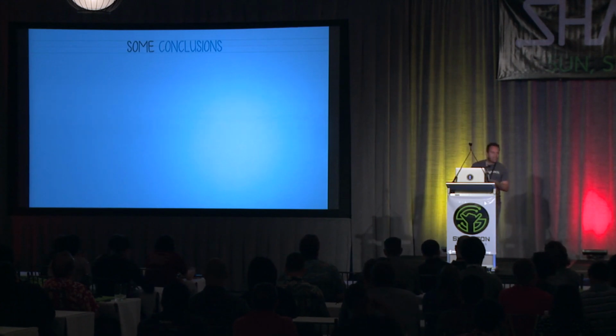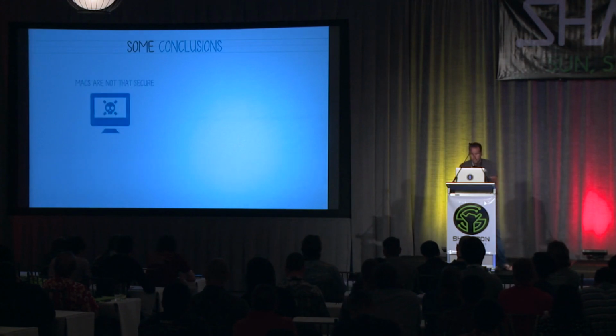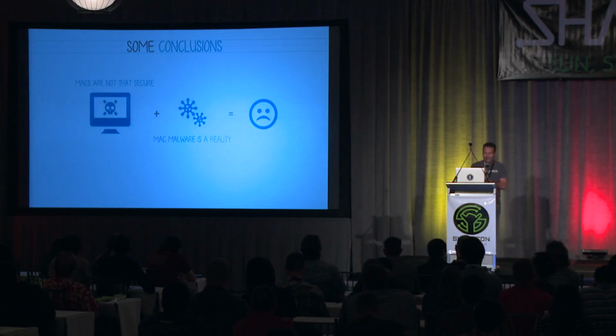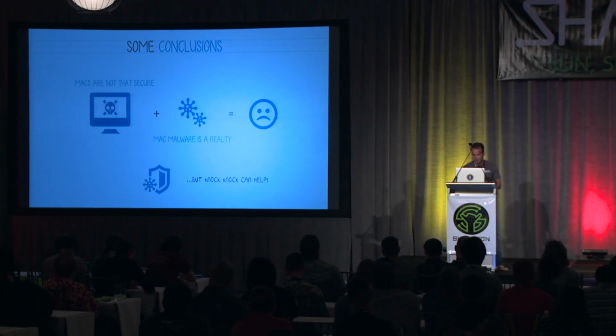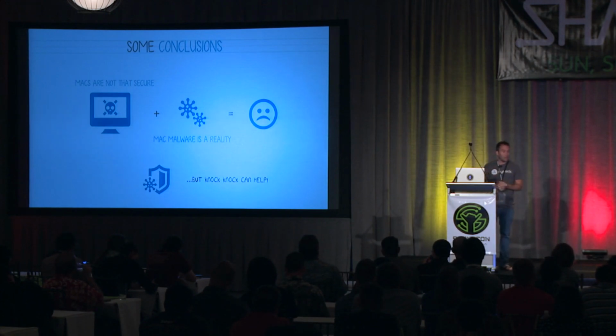So we covered a solid amount of material today, so I just wanted to draw some final conclusions. First, even on the latest version of Mac OS, fully patched, it's really not that secure. Windows has taken security really seriously. I don't think Apple is quite there yet. And also, Mac malware is a reality and a growing concern, especially if the Chinese government doesn't like you. Hopefully, though, armed with the information presented in this talk, and by using Knock Knock, we can detect this persistent malware and ensure that our Macs stay secure.